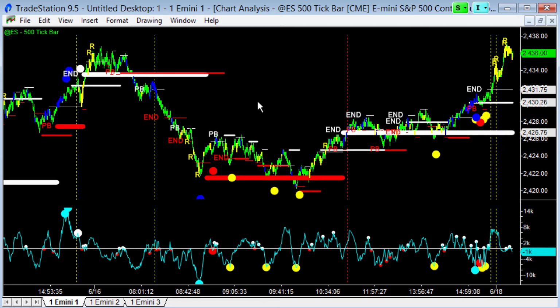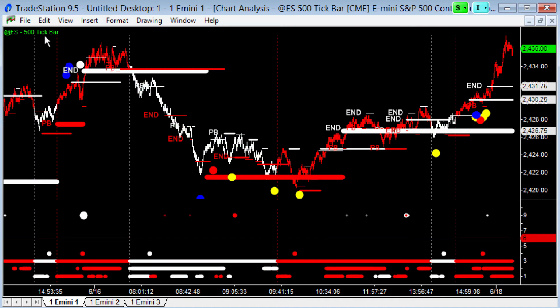If you're using cycle analysis, which is one of the primary components of my trading, if you had this based on time, you'd see lots of spurious cycles going on during that overnight activity, stretched out even larger than the time frame that we see from start to close of the day session. So tick bar charts are helpful in those two respects: calculating average trade size and also compressing that overnight activity so that it doesn't mess up your cycle calculation. So that's the first thing to say, 500 tick bar chart.